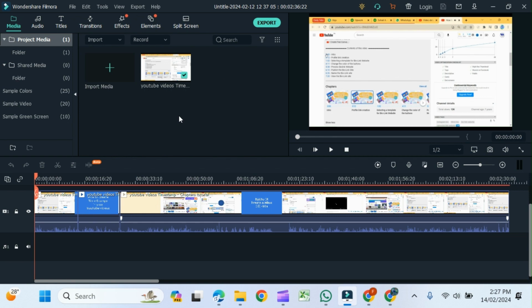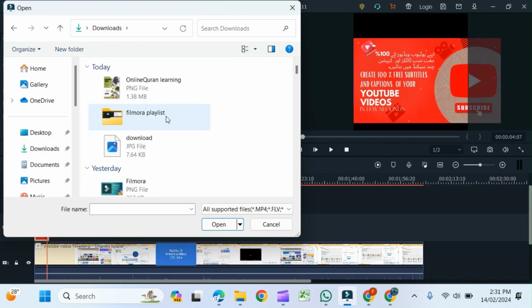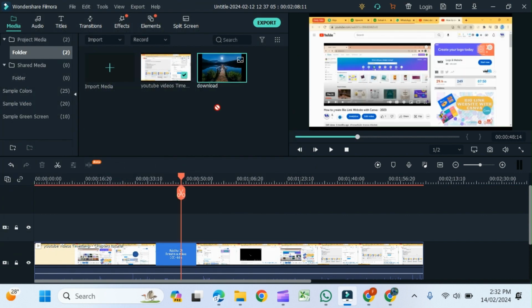In this tutorial, we will learn how to resize a still image as per video's aspect ratio. Let's say this is our video and I will add an image over here. I'm going to add it in the timeline